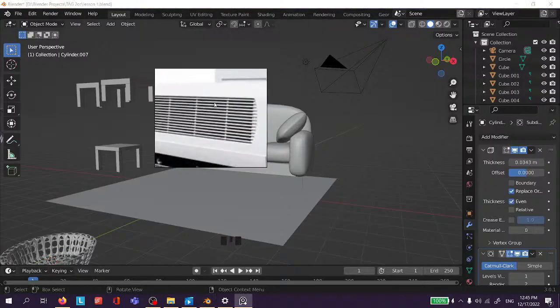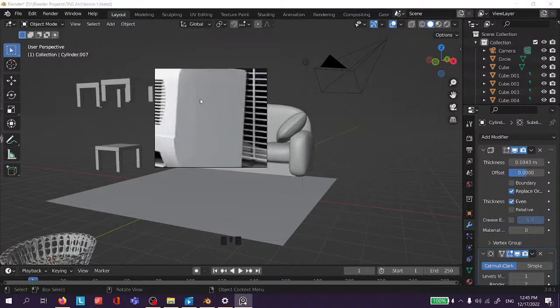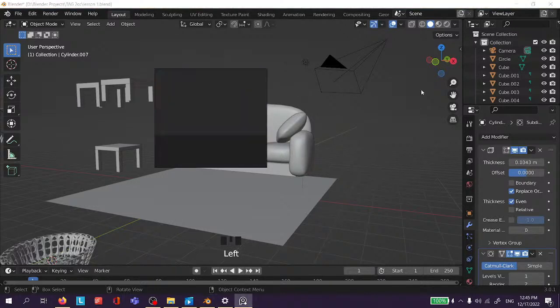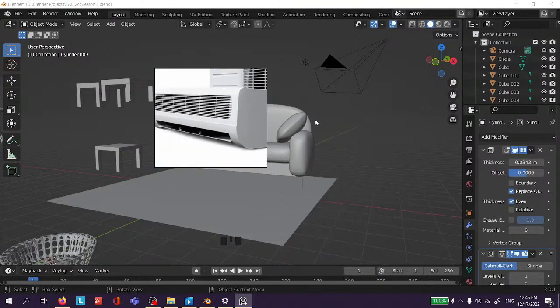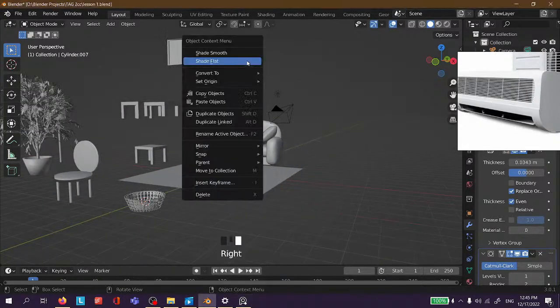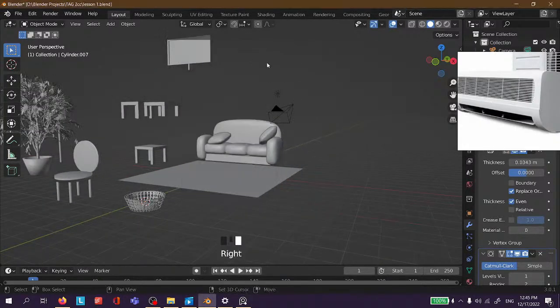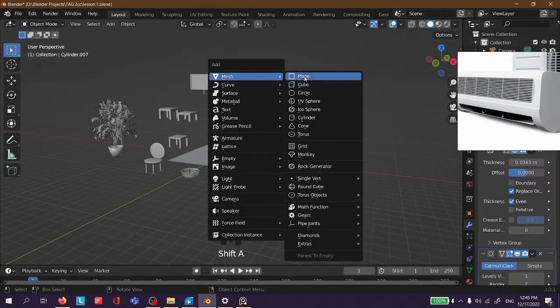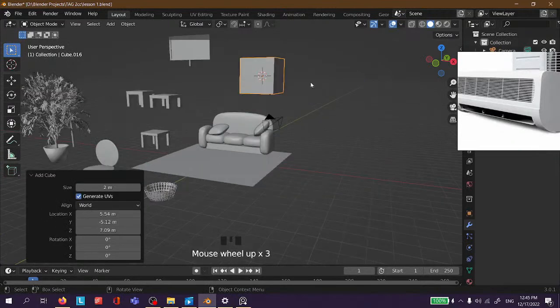Right, so this is practically a cube with a bevel here and another bigger bevel here. So just go Shift and right click here, add a cube,